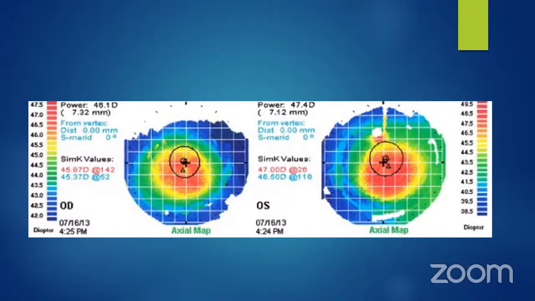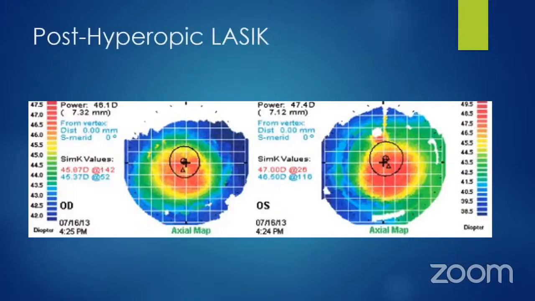Central steep, flatter as you go here, right? But it's not abnormal. Would you always only do myopic LASIK? And so basically when you do hyperopic LASIK, please understand what you're doing is creating an iatrogenic keratoconus. Quite sometimes your machine may say it is keratoconus because the center you are steepening and